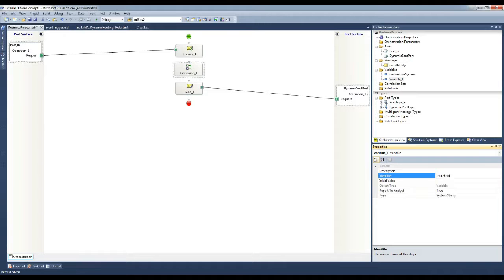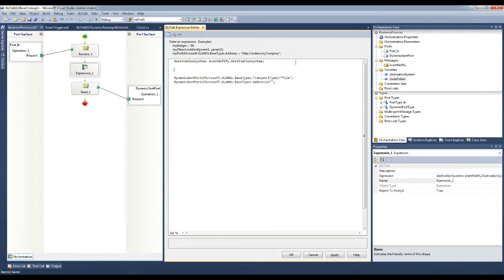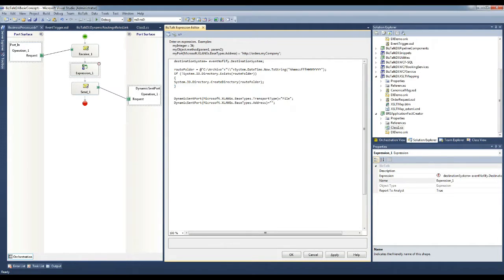Let me create a variable called route folder. So here is a simple logic to create a directory on the runtime.